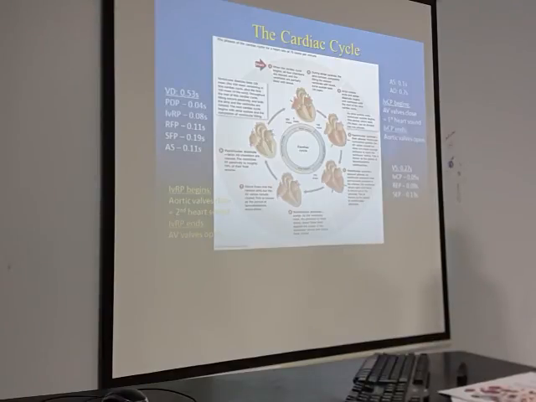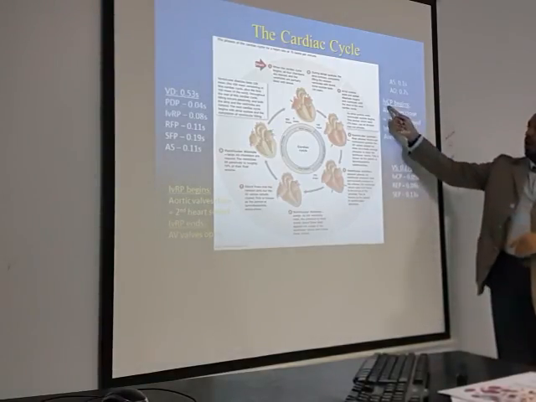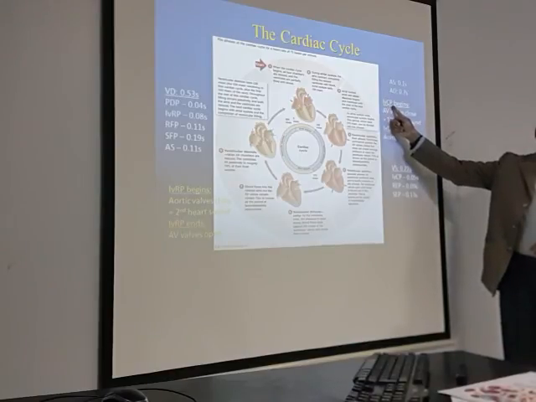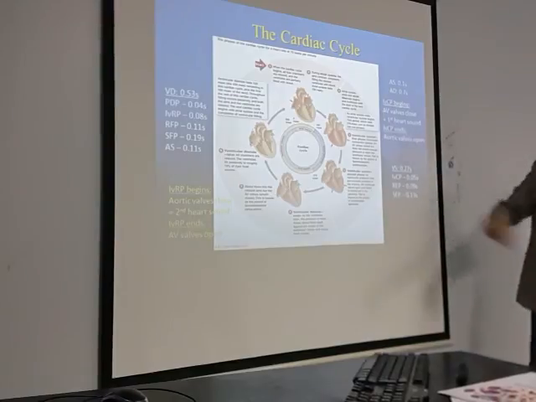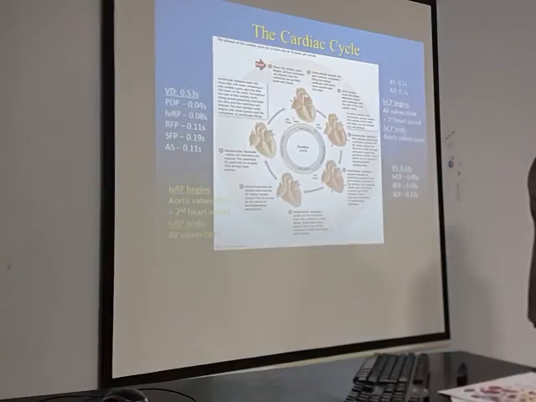The AV valves close. What is this? IVCP? Isovolumic contraction phase begins, AV valves close. And this closure of the AV valves causes the first heart sound. There is the beginning of contraction of the ventricular muscle. At this point, the muscle tension is building up to cause forceful contraction. If we do it in slow motion, when it is just beginning to contract, it will push the blood contained inside; the blood will be pushed against the valves and the valves